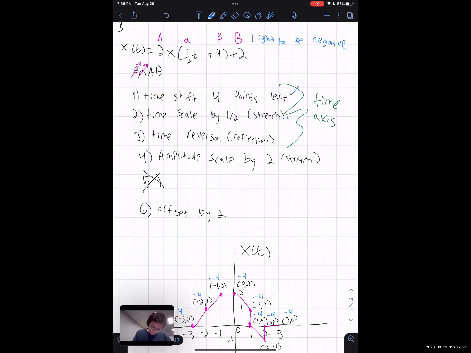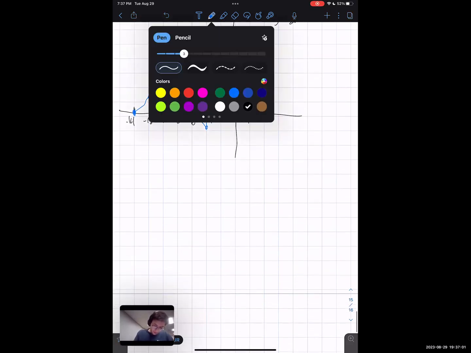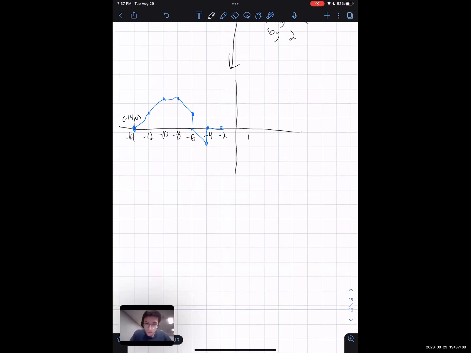Nice. Now we're going to do time reversal, reflection. Does everybody remember how we did this? If we're going to do the node method, we're going to write out all the points. What do I have to do, guys? I'm time reversing it. What is this step to do, guys? How can I do this? How do I perform a time reversal? Does anybody know? If I have all these coordinates here, -12, 1,